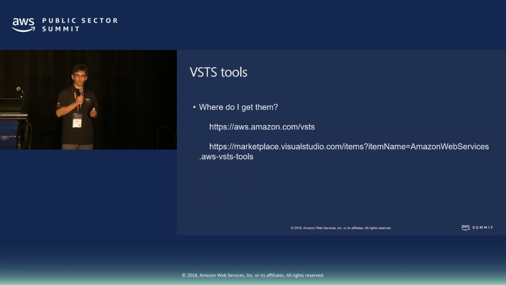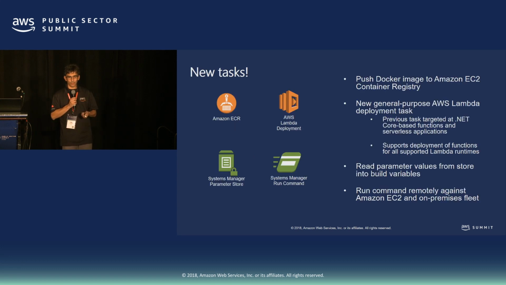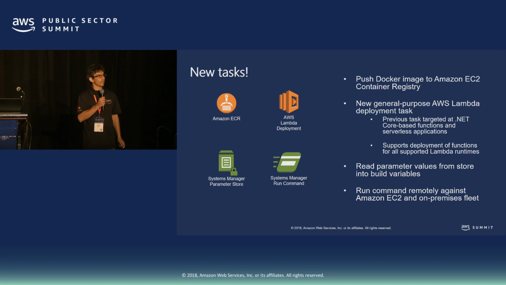And then if you use VSTS, Visual Studio Team Services, you can also integrate that with AWS. I invite you to install the add-on for VSTS. And then once you have the add-on installed, you would be able to deploy to Amazon ECR. You'll be able to deploy to a Lambda function. You'll be able to execute any run command. And then with your run command, you can deploy all your applications using VSTS.